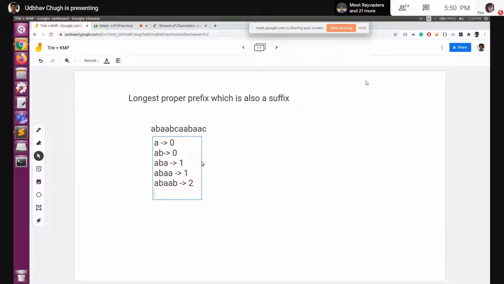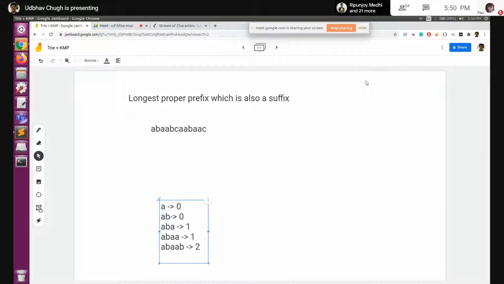So I think it's clear, right? So I'll write for the entire string. It will be 0, then 0, 1, 1, 2, then 0. This is corresponding to C. Then for 8 it will be again 1, then 2.